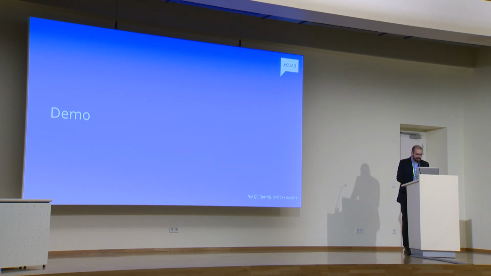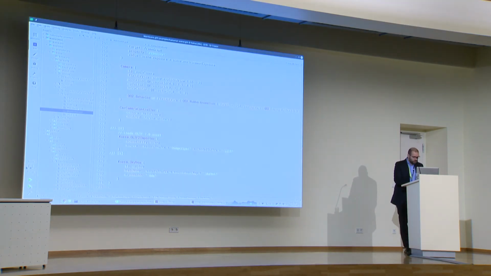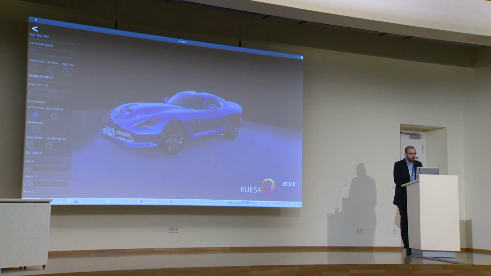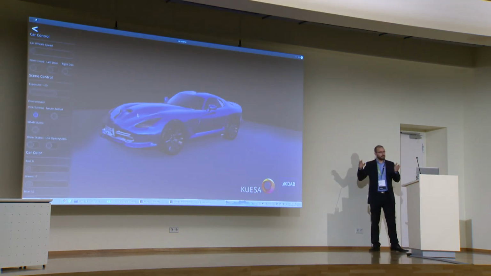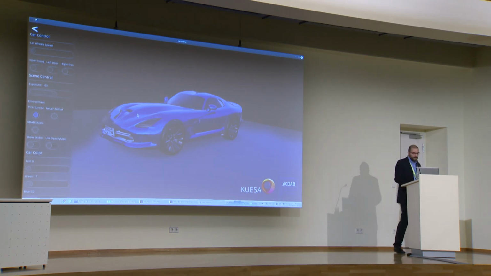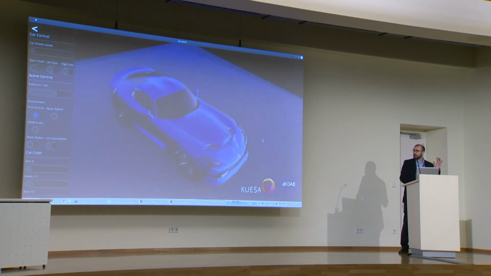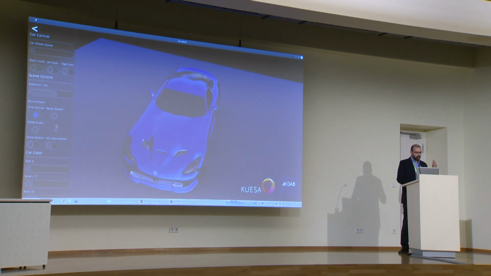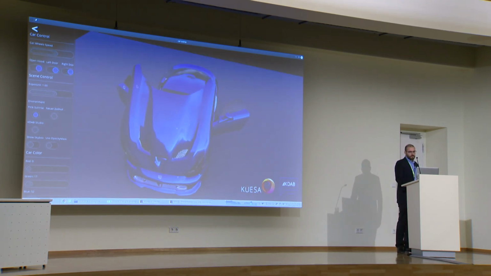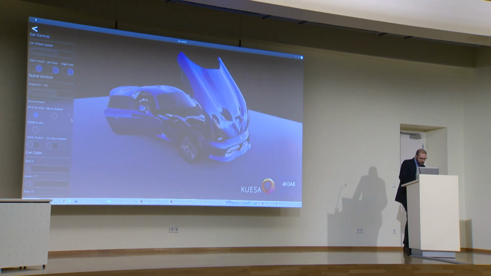Now let's do a quick demo. I'll show you the idea behind Quasar. So that's the car scene from our examples. That's an official example. If you download Quasar, you get that stuff as well. And we're essentially displaying a car. That car has a few animations baked in. We can, what else can we do? We can move the walls. We've got